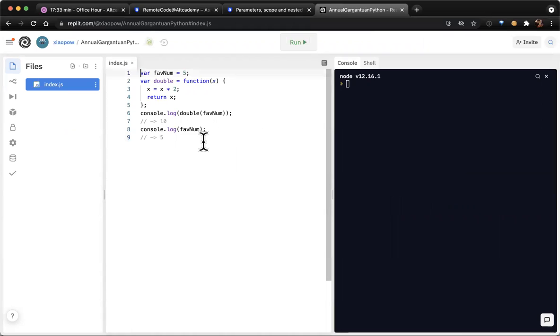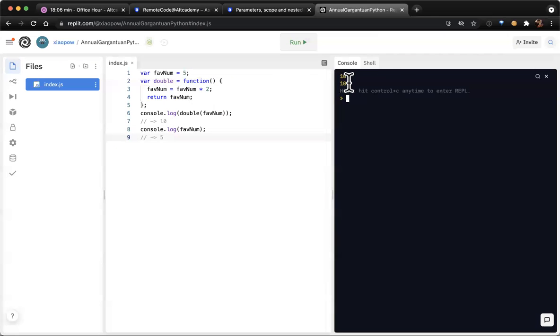Okay, so this is our original example. But if I didn't define x and I went ahead and used faith num here, then the second console log, when you try to console log the value of faith num, it will become 10.